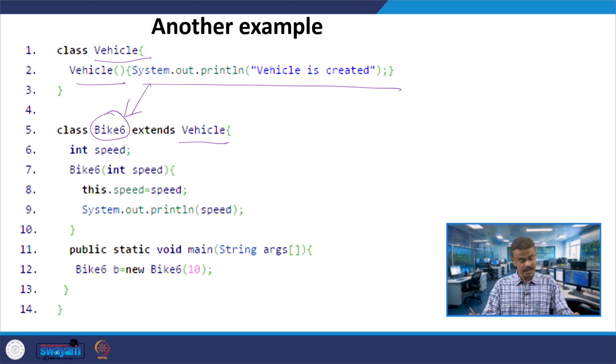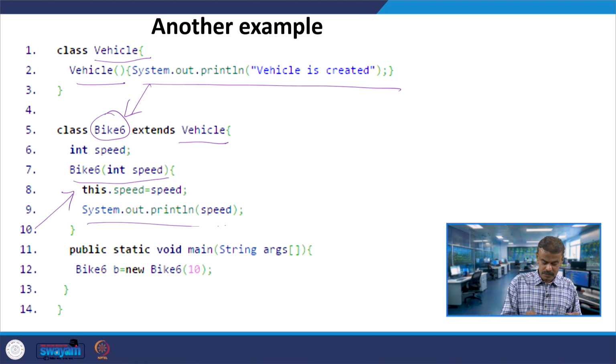Under Bike6, I have a one-argument parameterized constructor where you are passing speed. Now, for the first time we are seeing the this pointer: this.speed equal to speed, and then I am printing speed.